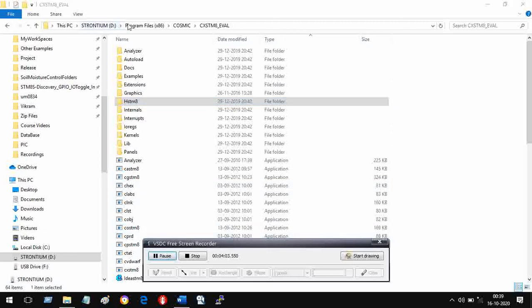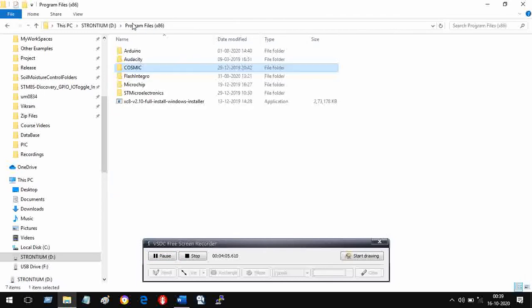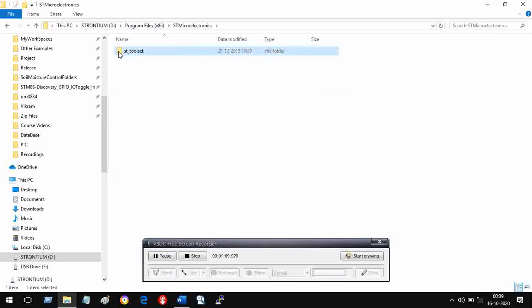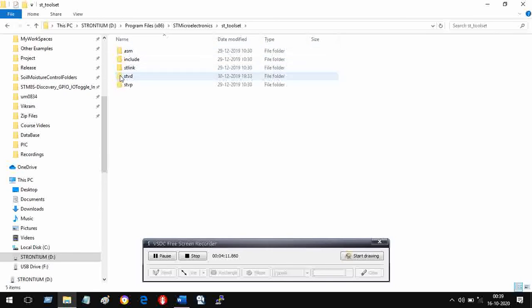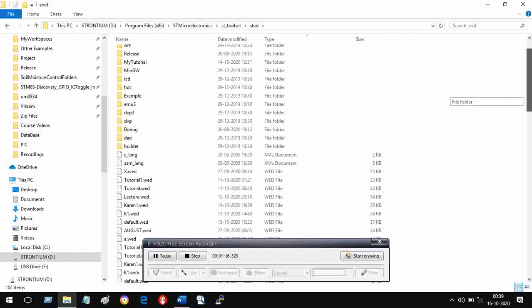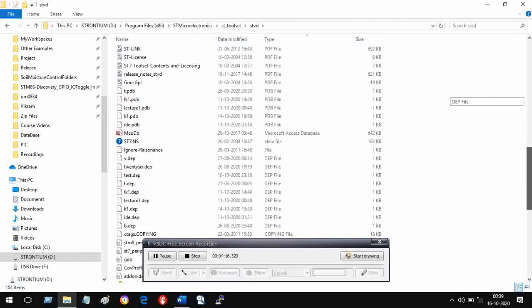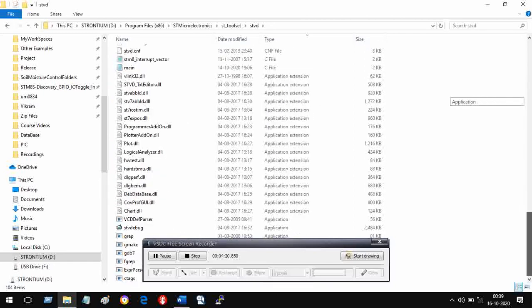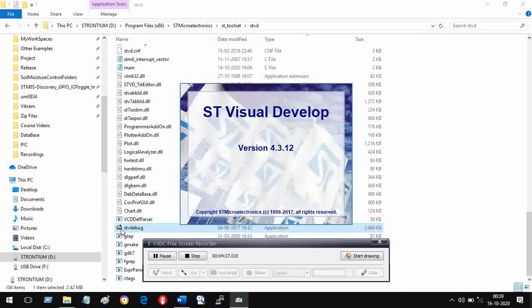So going back to STVD, you move like this from here to here to here to STVD, and then scroll down to the application, and that application is here. Double click and it opens.